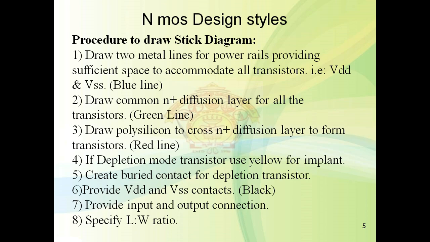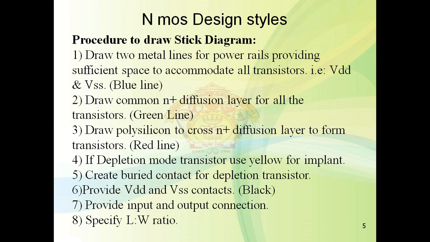Now we will see how to draw the stick diagram. What is the stick diagram? Stick diagrams are used to convey layer information by using color codes. It is the compact representation of the layer diagram. They convey layer information through color codes or monochromatic encoding. They act as an interface between the circuit diagram and the actual layout. It helps in planning and routing. It is one step near to the layout.